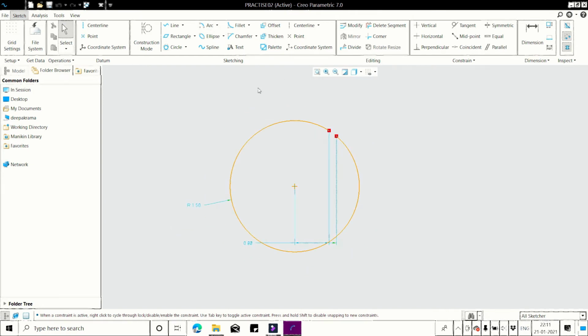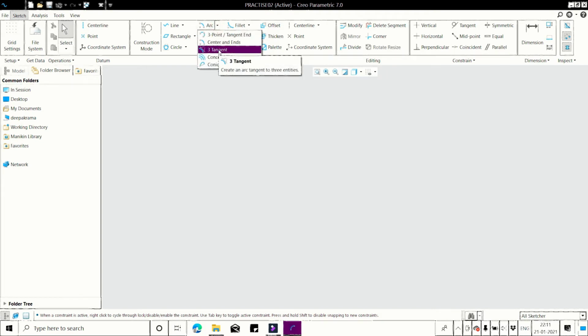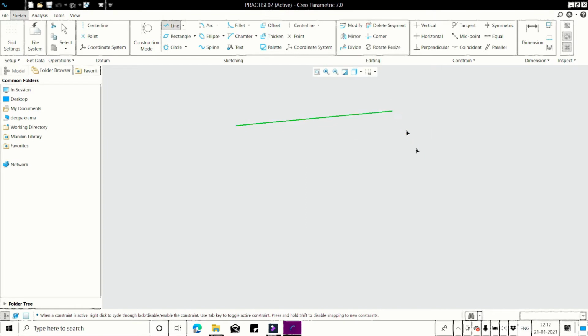So the third option in arc is 3 tangent, which is similar to the 3 tangent circle. First we have to draw the 3 lines, 1, 2 and 3.